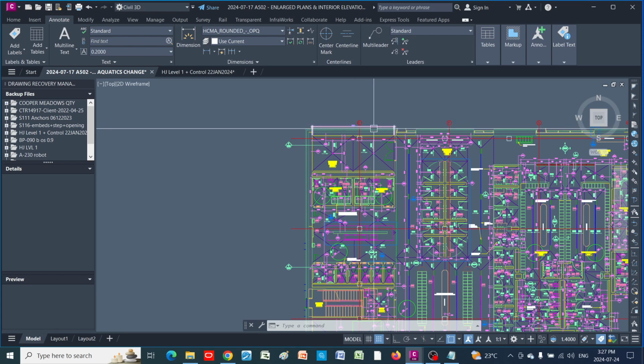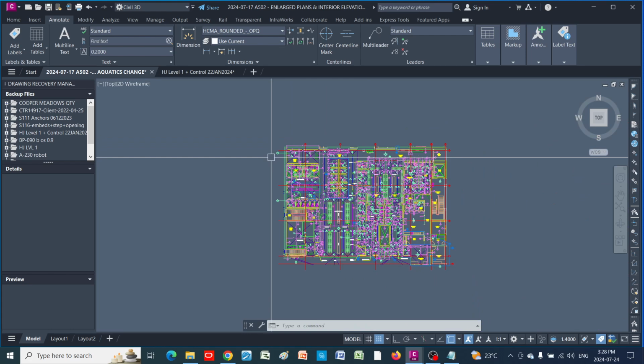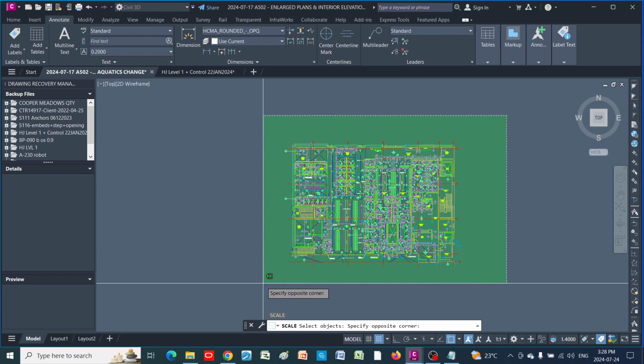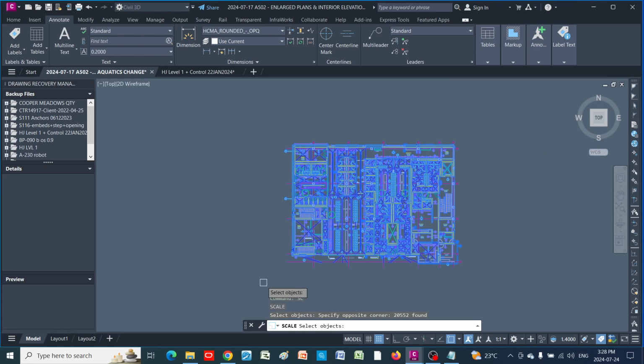So in order to put it in a meter scale, I'm gonna use the scale command. I type in SC for scale, and then I'm gonna select these objects that I want to scale, right?